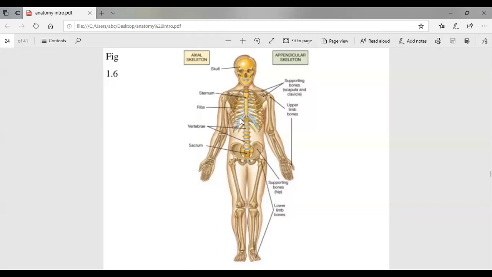The other function is movement and support, right? Without the bones, imagine if we had only the skin and the muscles inside of it. Where will the muscles be attached? The body will be like a jelly bean, right? It won't be a hard structure. It won't be able to support itself. That's why the bones, or the skeletal system, also help us in giving support and walking. Let's go ahead.